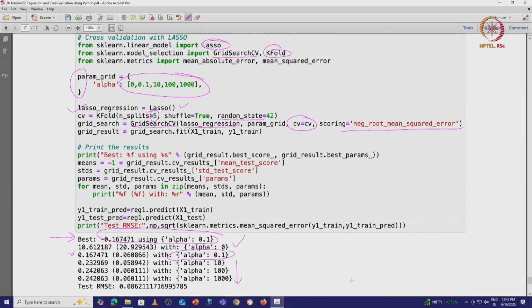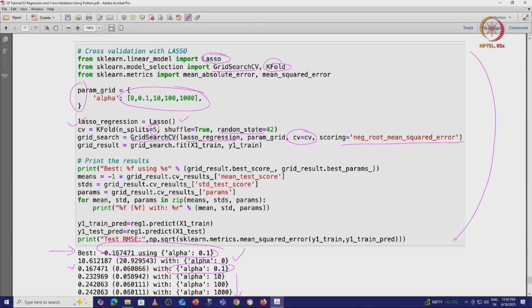So, I encourage you to code something like this at your end for your problem of choice, and you can work with LASSO, but also with more complex ML models that we are going to be covering in the upcoming lectures and tutorials. So, this brings me to the end of this particular video. I hope you enjoyed learning how to implement things like LASSO, ridge regression, how to find the regularization parameter using 5-fold cross validation and grid search CV, and hopefully you will implement some of these for your own interesting problems